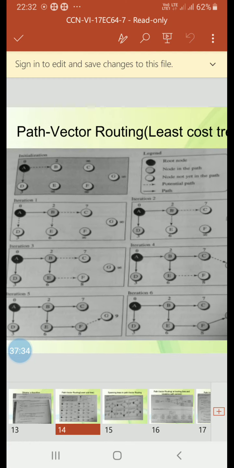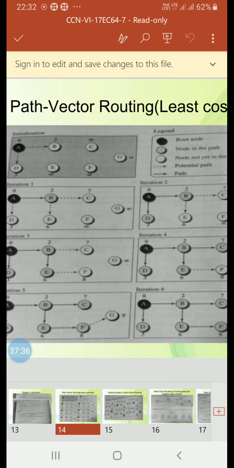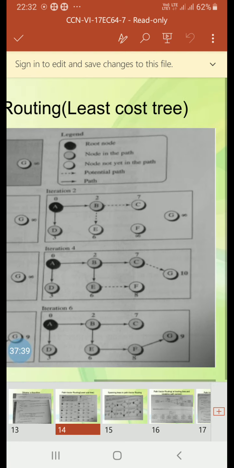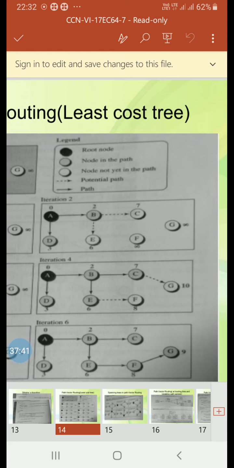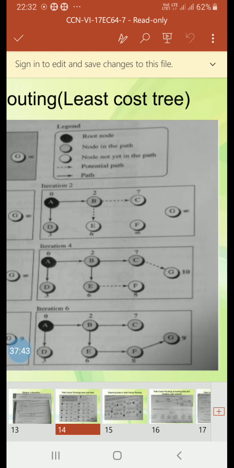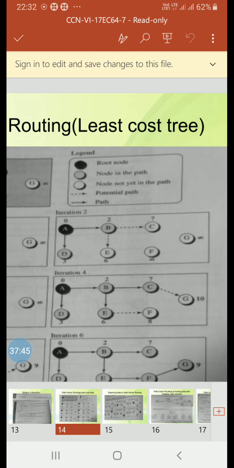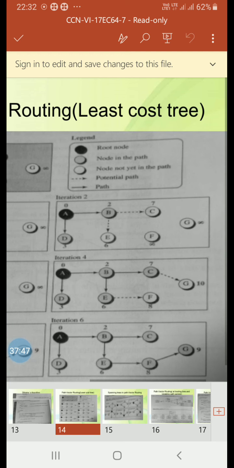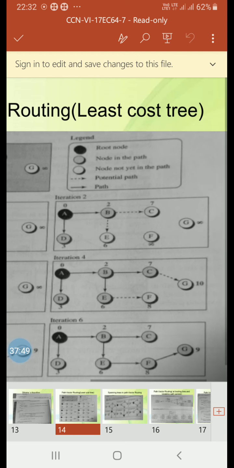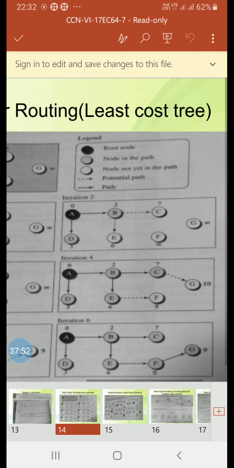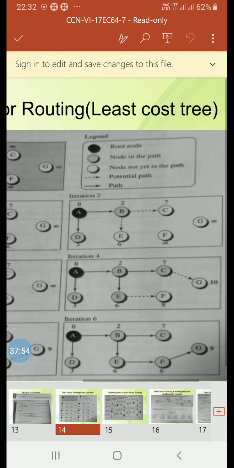You can see the dark circle is the root node, then this is a node in the path, then a node inside white is not in the path, and then a potential path.